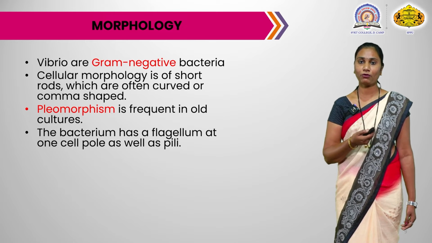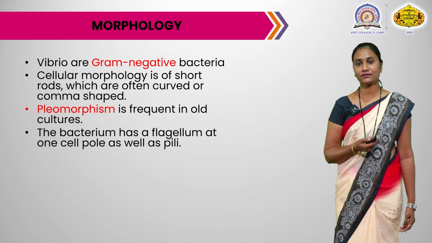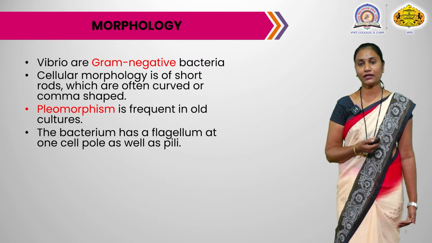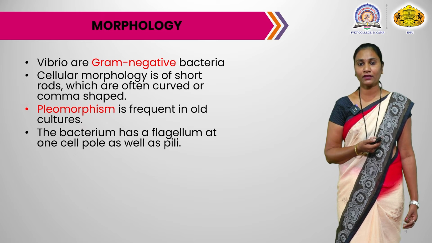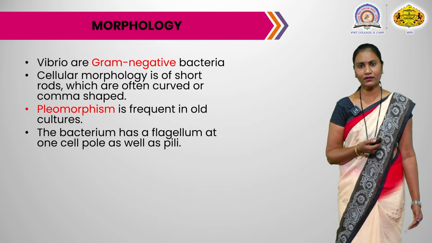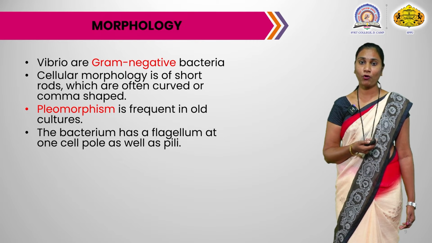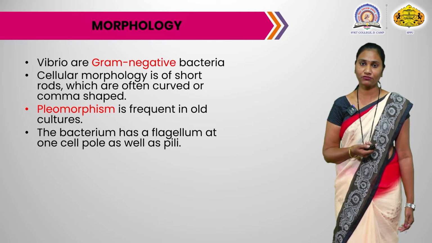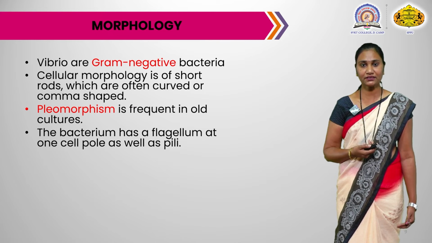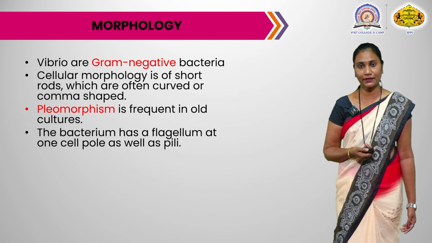Now when we talk about Vibrio, Vibrio has a single polar flagella. It has a single flagella at one end, and along with flagella it also has pili. Since we are studying different pathogens in this lecture series, we have seen that pili play an important role in the attachment of the organism, because whenever any microorganism enters the body of a host, the very first thing is the establishment of that pathogen.